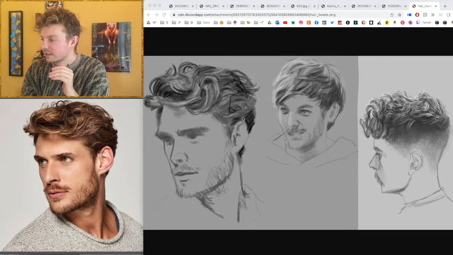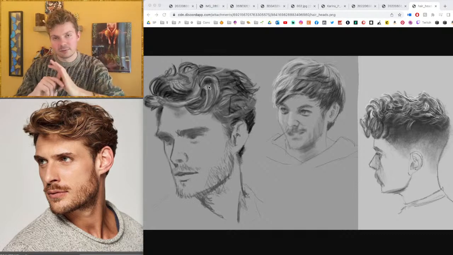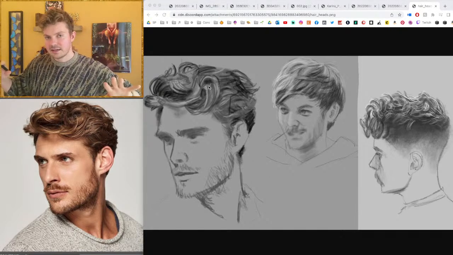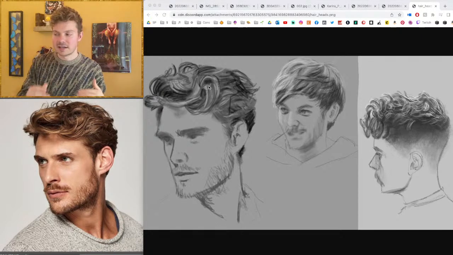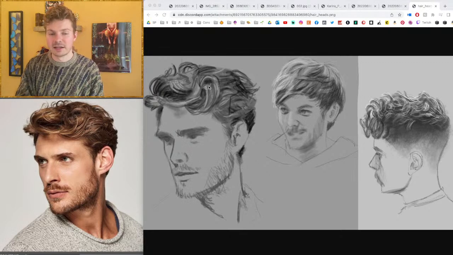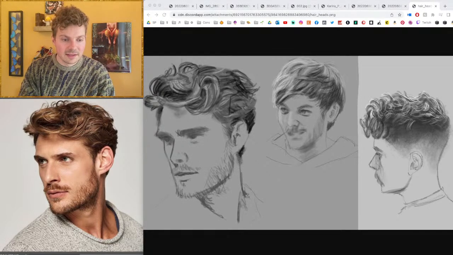And then I think definitely with this one, giving some definition to some of the curls and some of the strands, and then letting the rest be a little more vague and opaque, I think may help you, because then that contrast in definition and detail will help it read better. But good job. Either way, good job, Felix. And then last but not least,